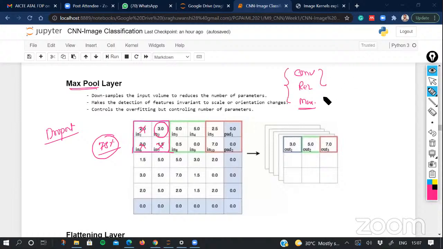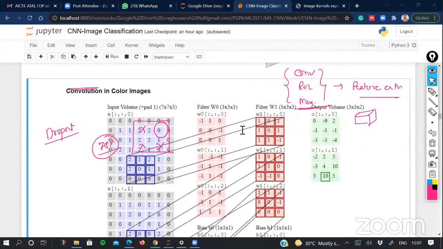Now these 3 layers are mainly used for feature extraction. And when we talk about convolutional neural networks, we can utilize these layers repeatedly, one after another, and finally, when you get this volume as an output, after that, I showed you, this is the architecture of convolution.